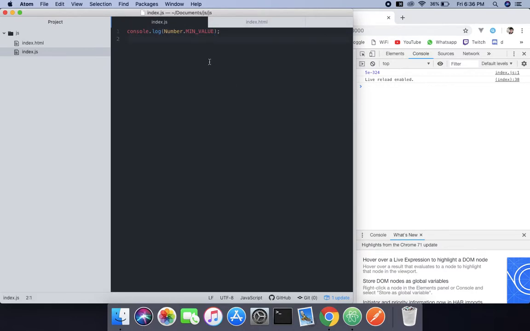So how are you going to do that? If you are creating a multiply function, so function multiply with x, y as parameters, give an if statement: if x into y is smaller than Number dot MIN_VALUE,